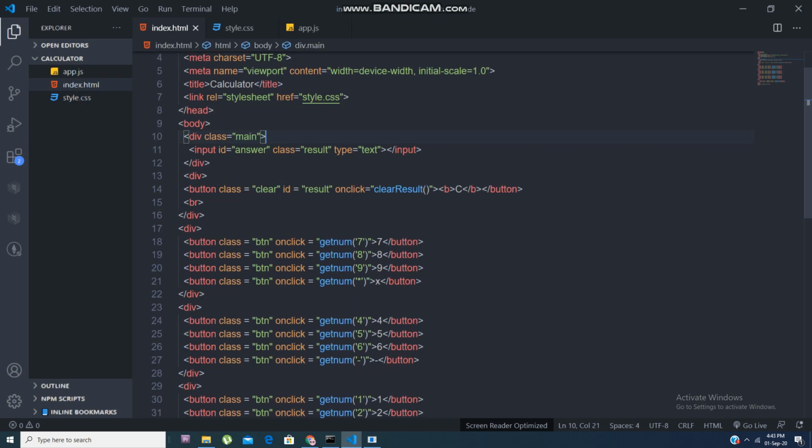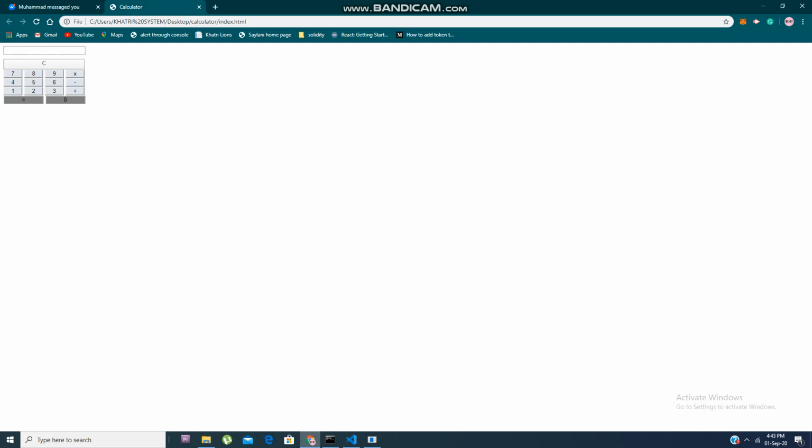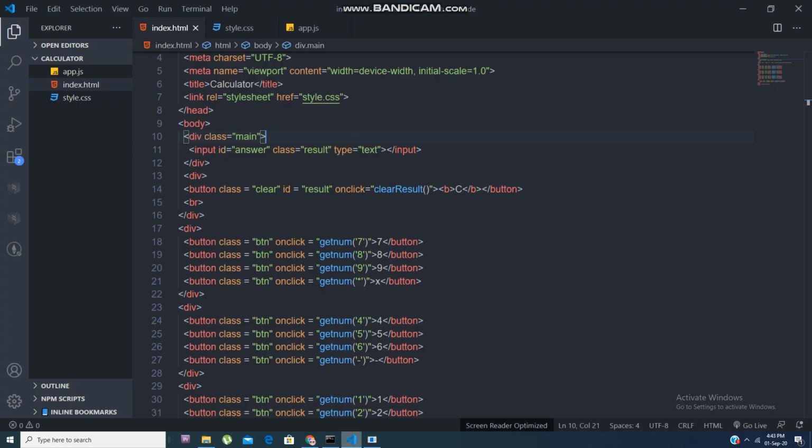So we have made the container, and there is the input ID, meaning the place where we need to type our sum, or we can type it right here like I do this, and I will get the answer. That is the function of this input. We will show you in the JavaScript how it calculates, how it does its manipulation, how it evaluates.